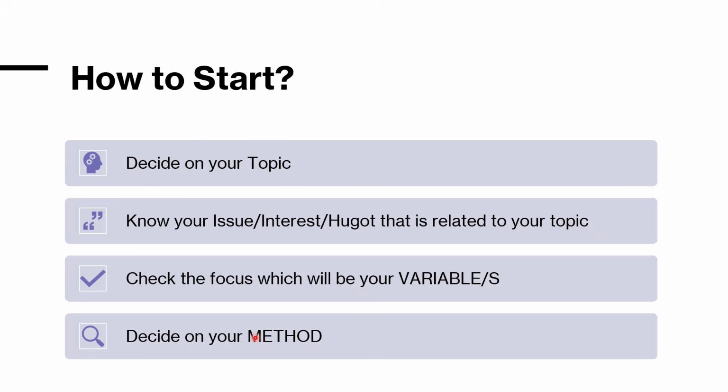Remember, that's why you need to read and read, because there are specific things. A research is a scientific process or a scientific creation where you need to be specific on the things that you're studying. And then you decide on your method. Remember, in this program, we only do quantitative or qualitative approaches. So that's how you start a research.